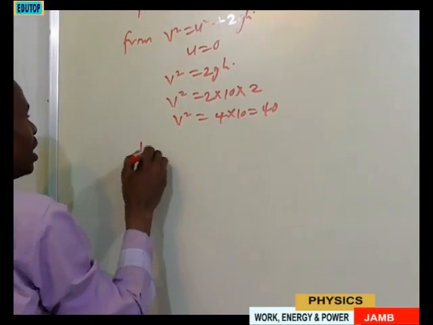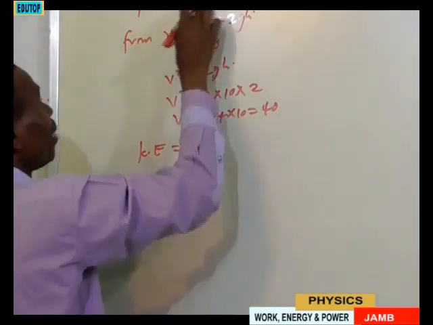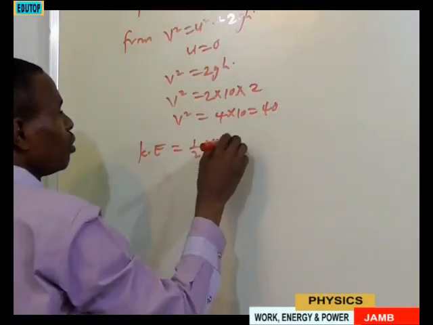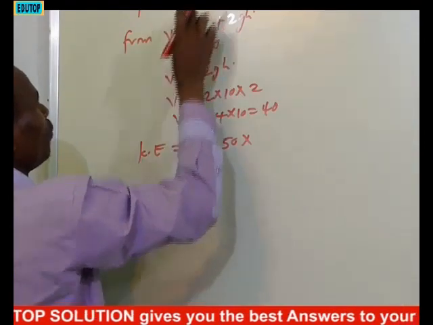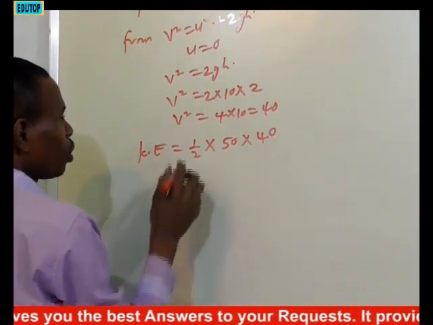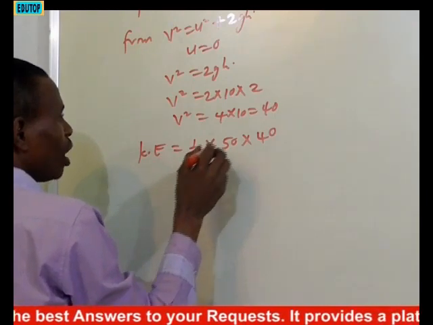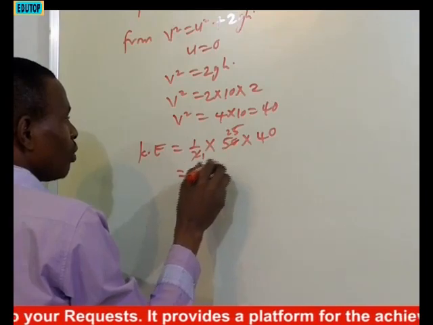So the kinetic energy will now be equal to half times the mass of the body, which is 50, times your v squared, which is equal to 40. We are going to have 2 here, 1, 2 in 50, 25 times